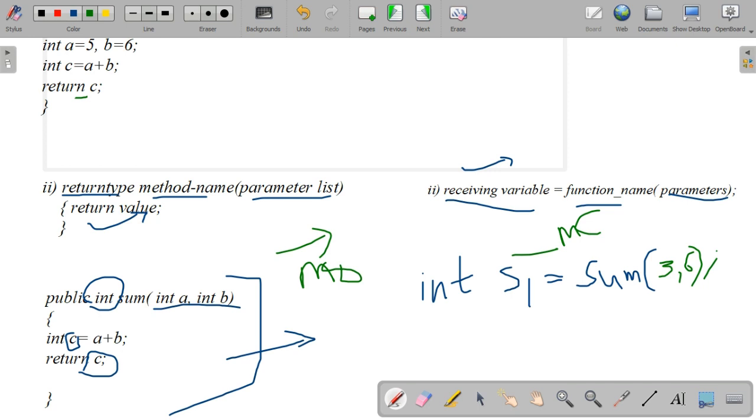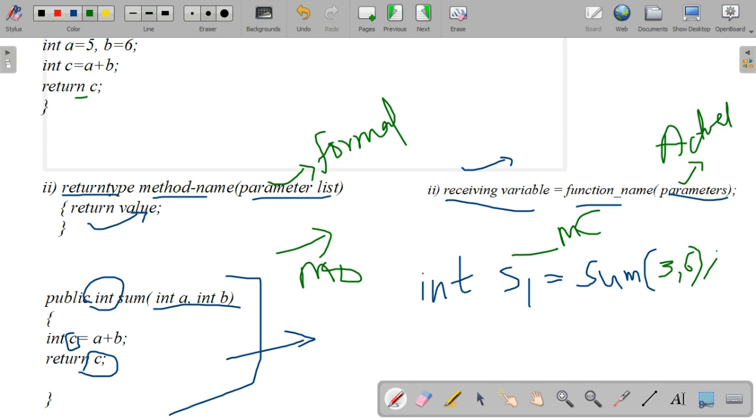In the MC, the method calling statement, the parameters are known as actual parameters, and in the method definition, they are known as formal parameters. Parameters along with the method definition are known as formal parameters. Parameters passed in the method calling statement are known as actual parameters.